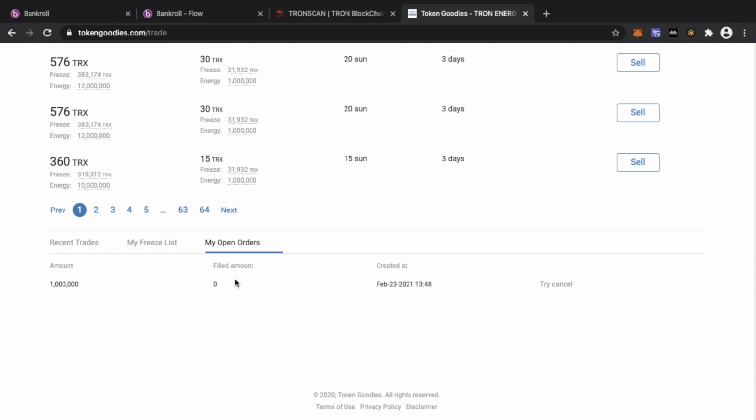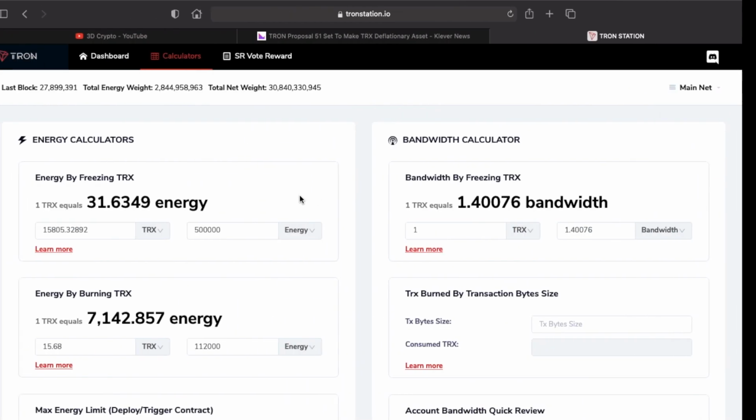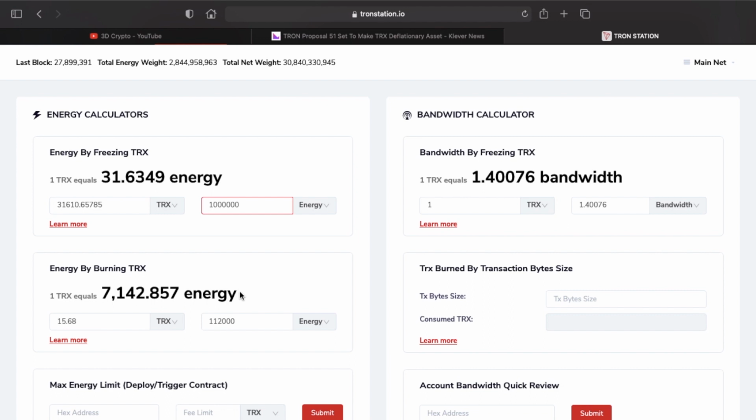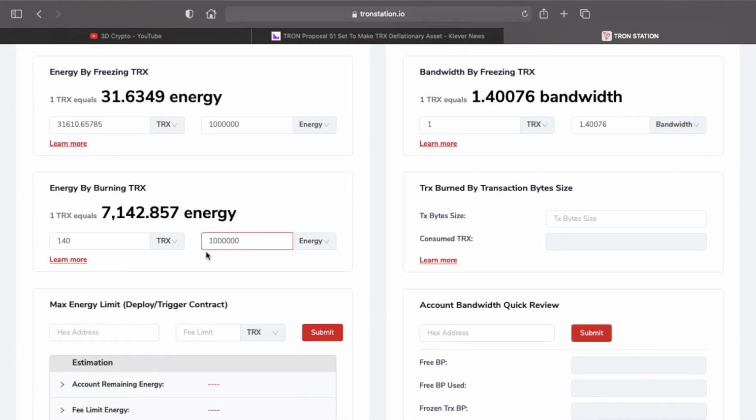At the moment, because obviously the Tron Foundation increased the limits, token goodies site is very busy, and it may take a few hours for your order to go through. So let's look at this 1 million of energy. So if I had purchased or frozen 31,000 worth of Tron, I would have 1 million energy, and 1 million energy